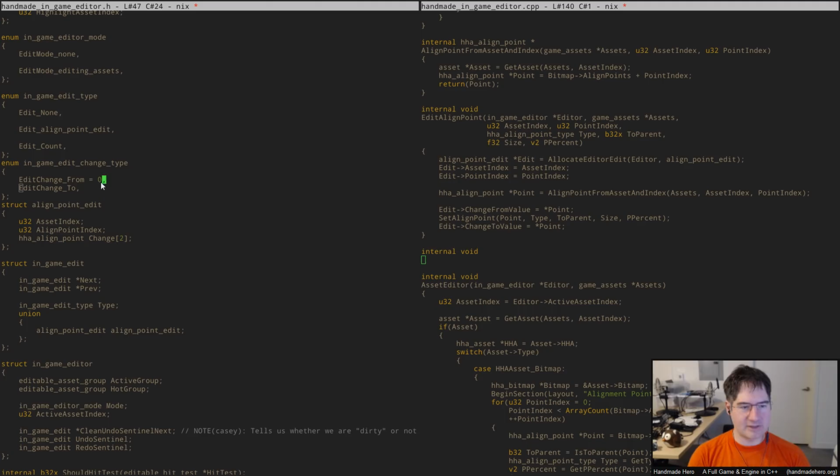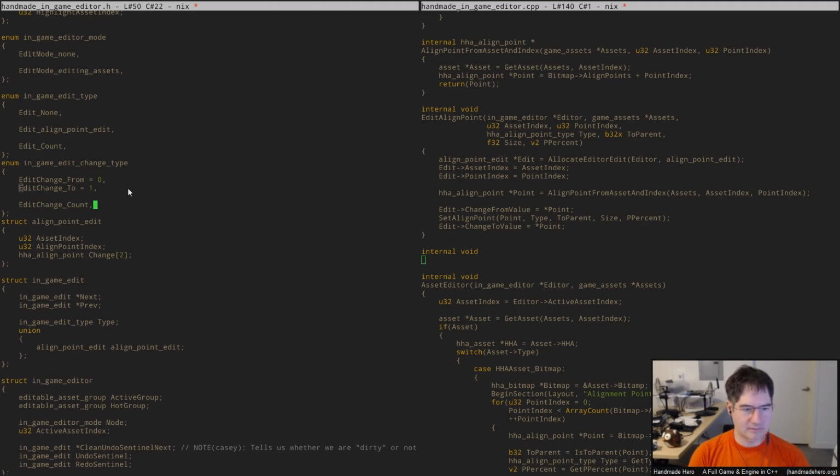And so from is the 0 entry, to might as well be complete here, is the 1 entry, and so we know how many we need there, right? Makes sense? And so what we can do there is we can be even more ridiculous and make a single function that implements both undo and redo